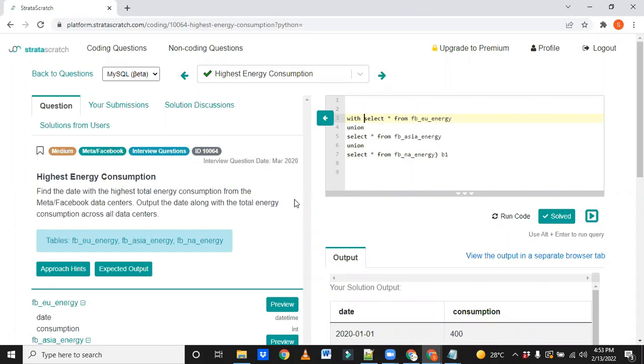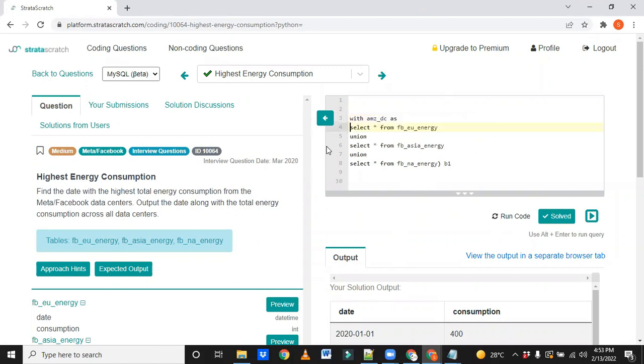You will see what exactly the CTE or WITH clause is and how we can use it. With Amazon data centers DC as, I just created a CTE. That means all the output is stored in this virtual table, we can say.